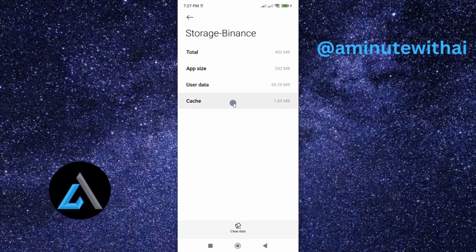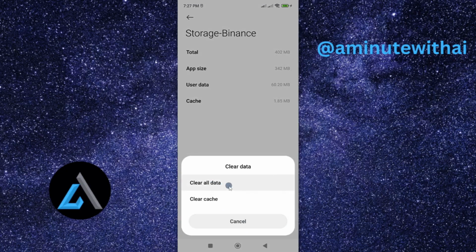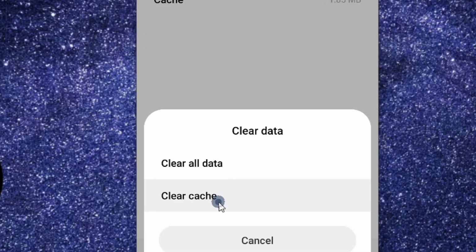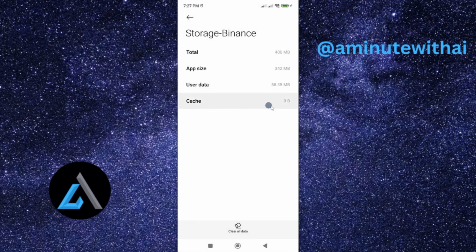To clear the cache data, it is simple. Just head down here, and you can see we have this option called clear data. If I go ahead and tap on it, you'll find here two options, clear all data and clear cache. So we shall choose clear cache. If I tap on it and then OK, now you'll see the cache data has been cleared. At this point, just go ahead and restart your smartphone and then open your app, and now it should start running fine. However, if this didn't solve your problem, then you might want to proceed to the next step,